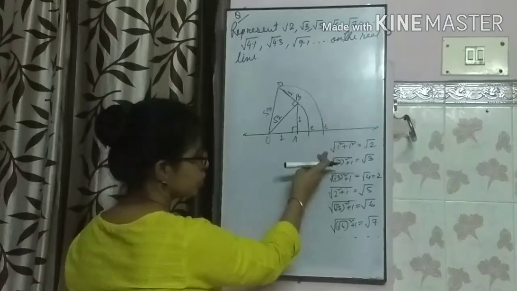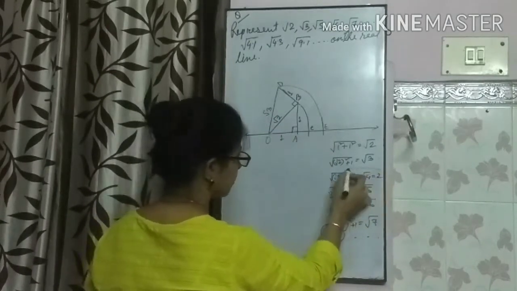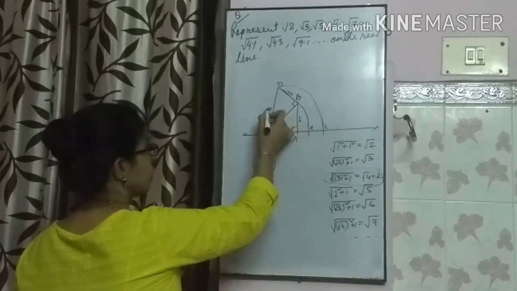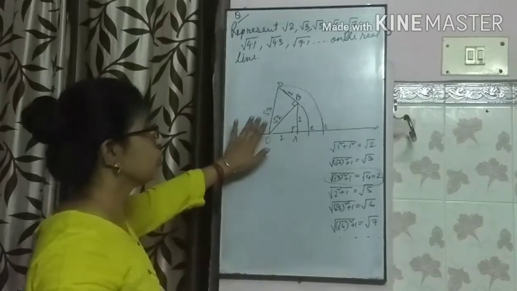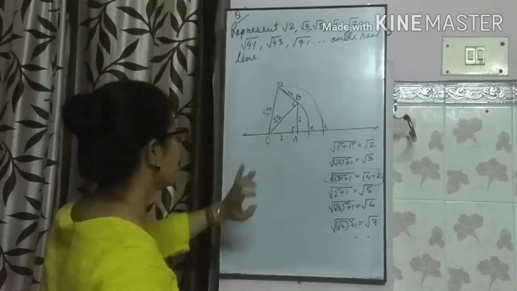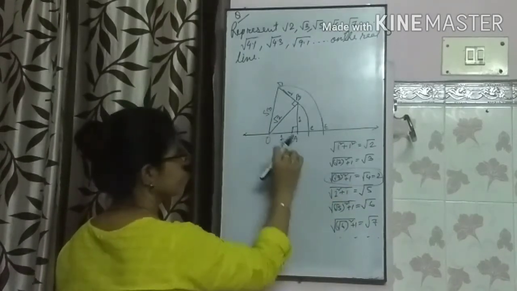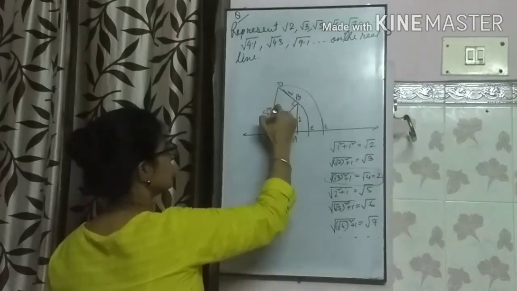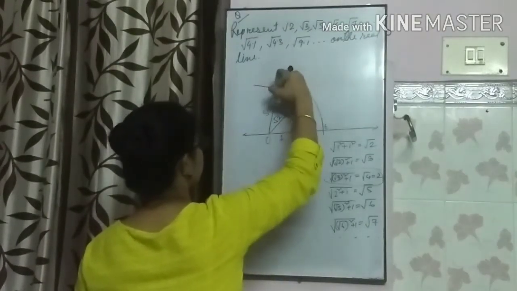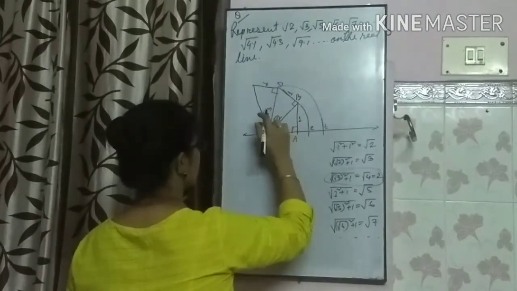But if you need to make all this on the same number line, this part has to be done unnecessarily. So for root 2 and root 3, if you need to find root 3, then root 2 must be drawn, then only you get root 3. If you need to find root 5, we will make it separately. Here I am showing you how to get it. So from root 3, you make one perpendicular of 1 unit, and you join it.